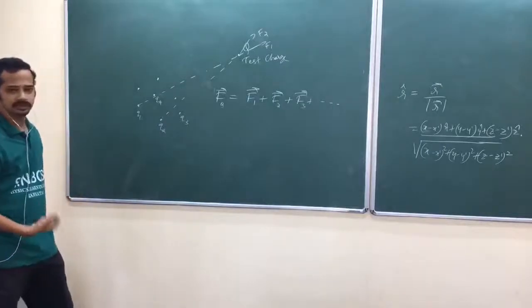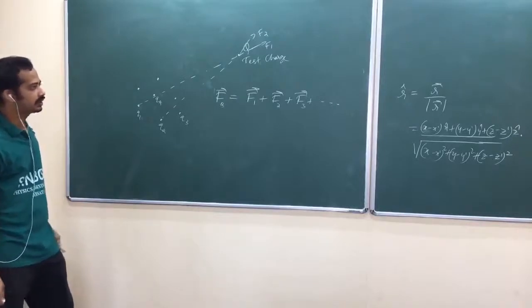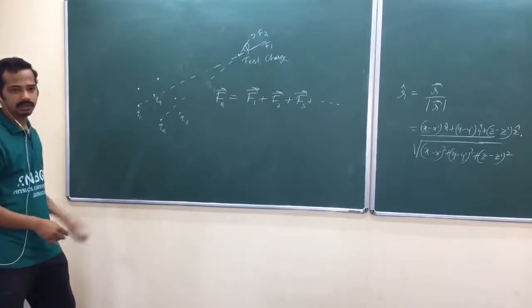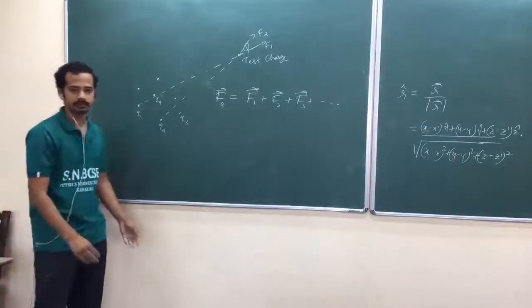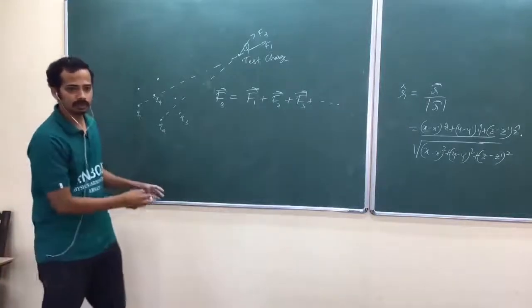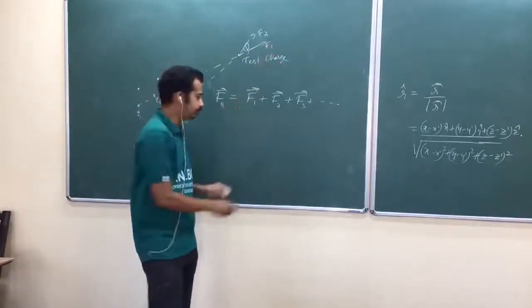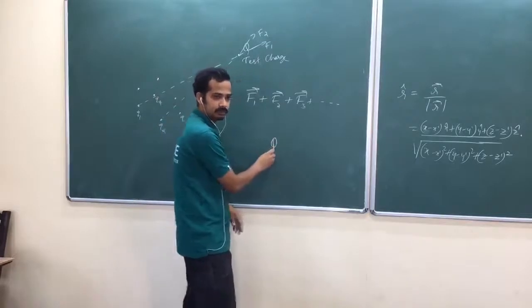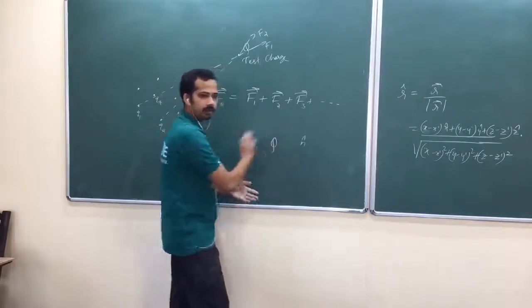No need, okay? But while discussing, we take that one as positive, so that if it is negative, your resultant force will be reversed, that's it. But while formulating, we will not take a sign for the test charge. But Q will be there in your formalism. If Q is negative, whatever the vector n cap you are going to write, it will be opposite. It will take care.